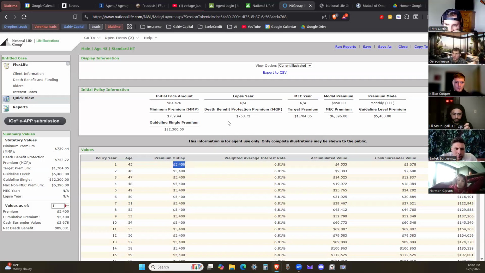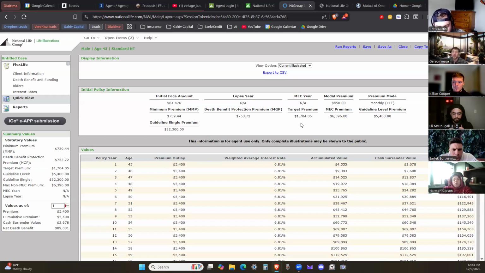So once they have those few numbers written down, I'll let them know that's the type of flexibility we have on the policy. If you're having a financial hardship and you can't make that 450 a month, you're not contracted at 450 where if you don't pay that, the policy's over. That's not the case at all. As long as you're paying this minimum guaranteed premium year over year, your policy is not going to lapse. This is the plan premium, so you can put in anywhere from this, let's say $65, all the way up to a little over $500 a month. You have a lot of flexibility with these policies.